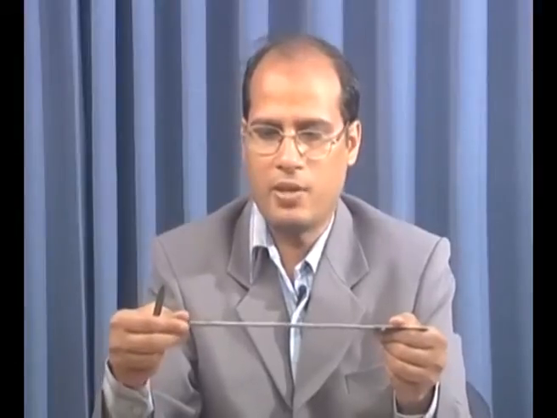We may take the case of strings also. Already you have seen strings in musical instruments, or strings you can find as cables in electrical wires. Those string systems also we can consider as continuous systems, and we will study that. There are many different types of continuous systems. In some systems you can take a plate type of system. In case of a plate, it is a two-dimensional system.